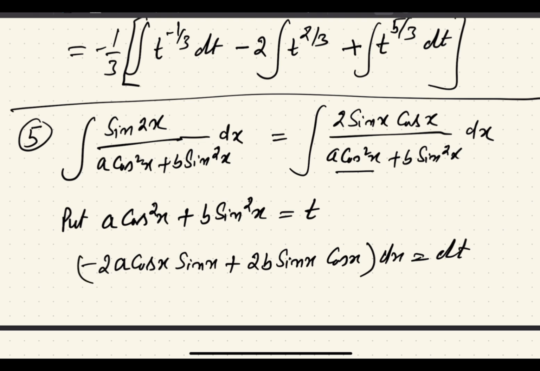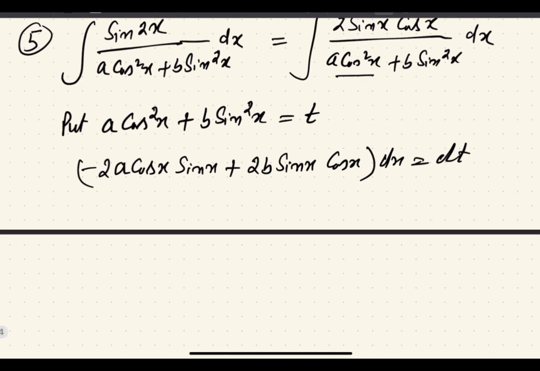You know the derivative of sine square is 2 sine x cosine x. Here 2 sine x cosine x is common, and you are left with minus a here, and b from here. I will write here b minus a